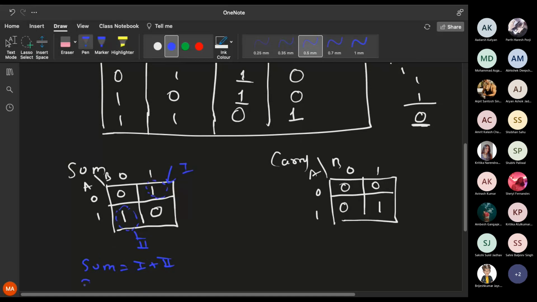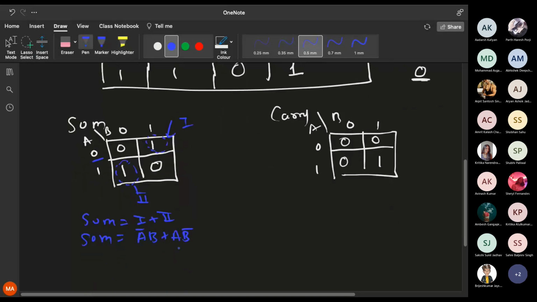Come on, tell me. What is this 1? There is nothing which is common. Okay, sorry. There is, yeah. So there is like a key value, what is it in that case? A's value is 0 and B's value is 1. So what is that 1? A bar B. Very good. And what about the second one? A B bar. These are the only two cases in which your 1 will come.